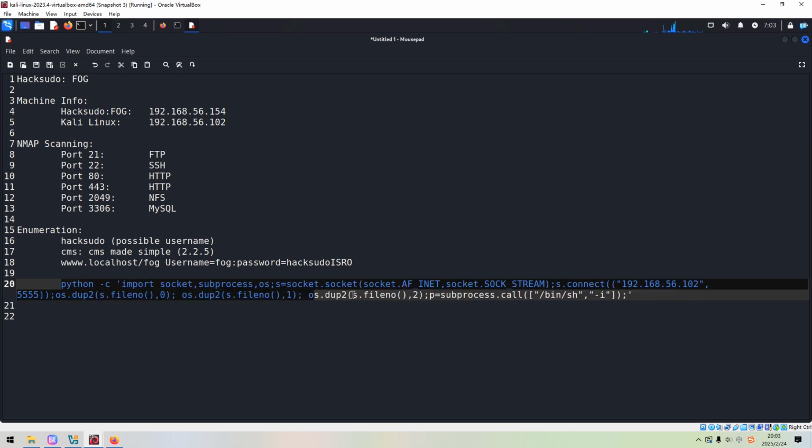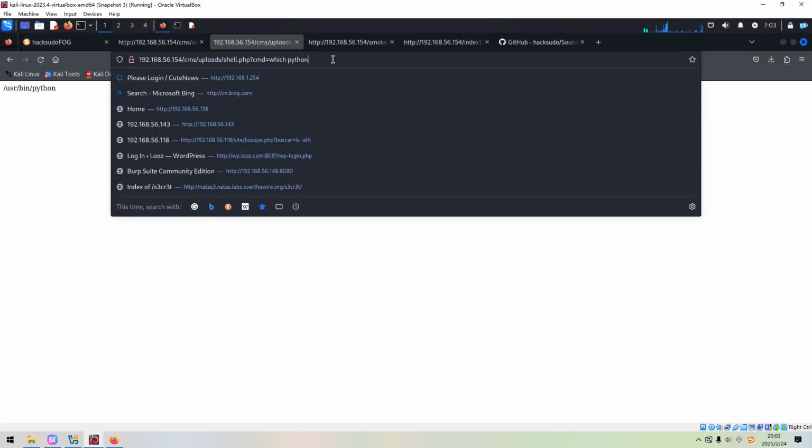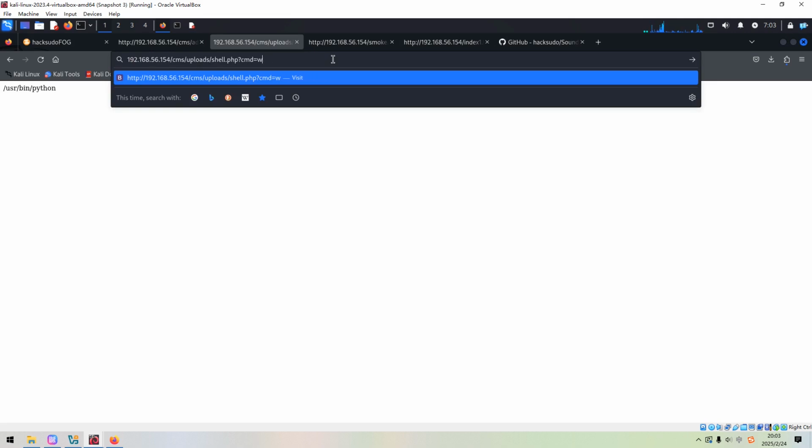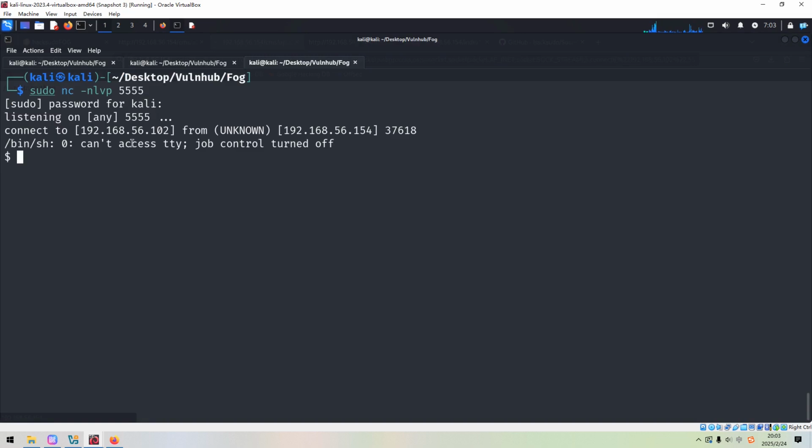Now we can copy the entire command and put it over here. I think it's working. So now, of course, we have already got the initial foothold on the target, but this isn't very well. We can spawn a better shell by pty module. Okay, so now we can,